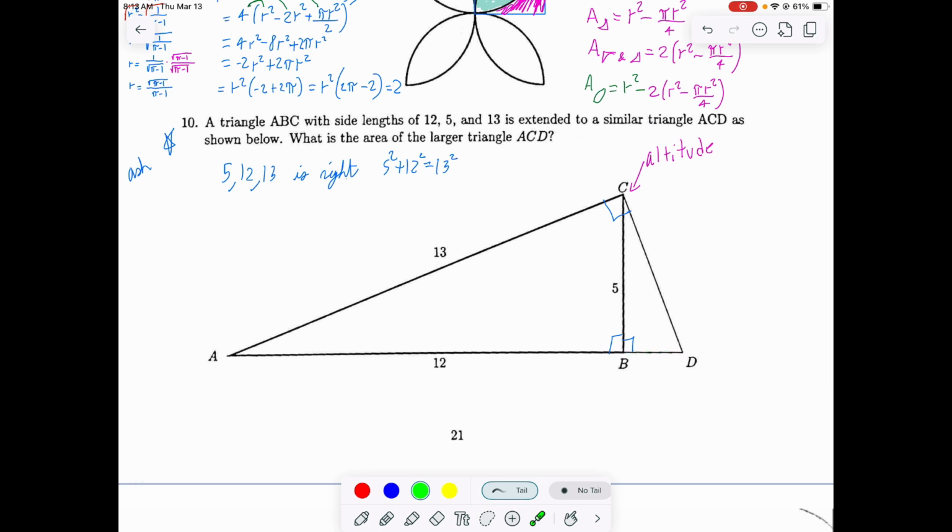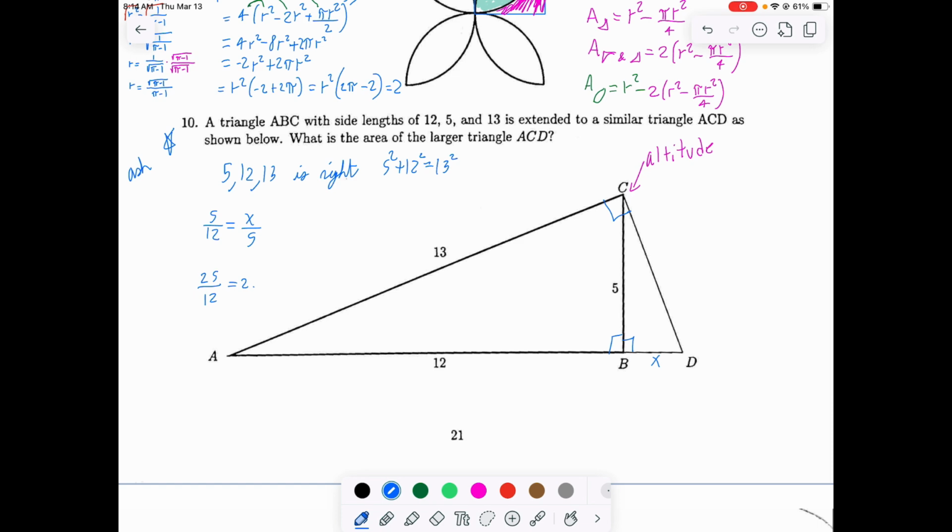Fortunately, since we know that these triangles are similar, we can create a ratio. Let's call this length across the bottom x. Okay? And now if I look at the medium triangle and the small triangle, I can create equivalent ratios. I know that 5 over 12, the short leg divided by the long leg of the medium triangle, is going to be the same as the short leg of the small triangle divided by the long leg. Solving for x here, I get 25 over 12, which is, I believe,